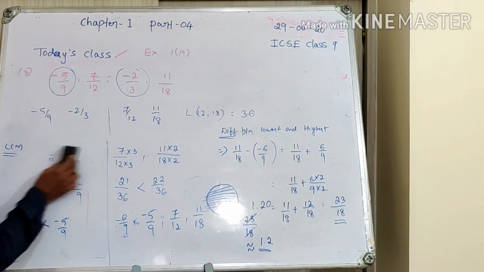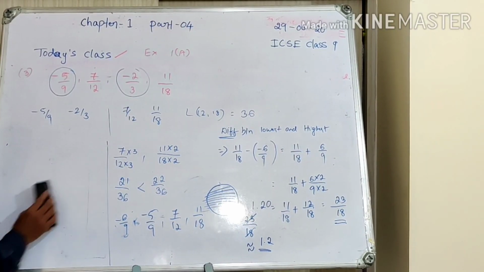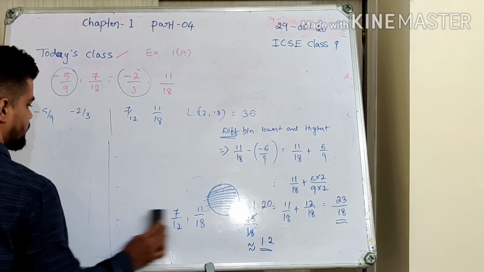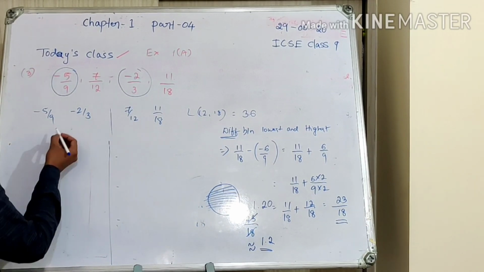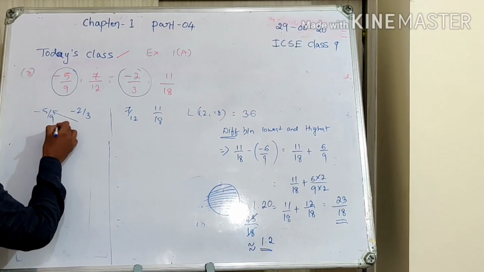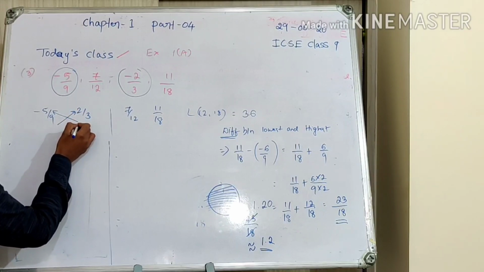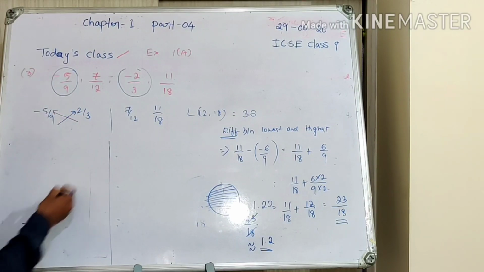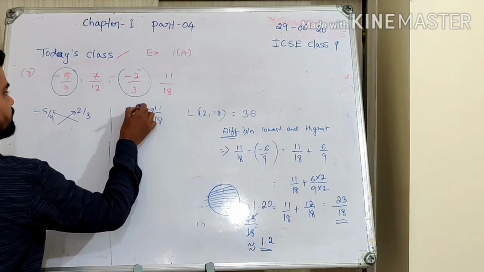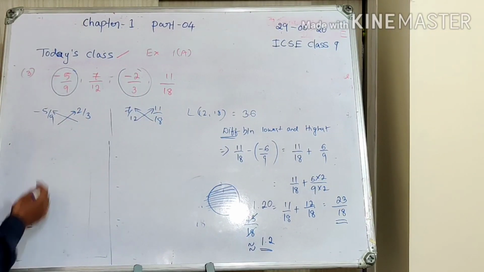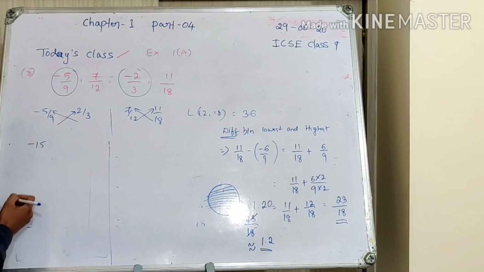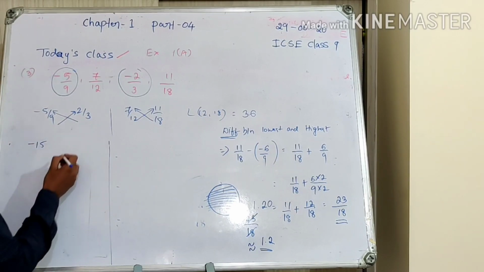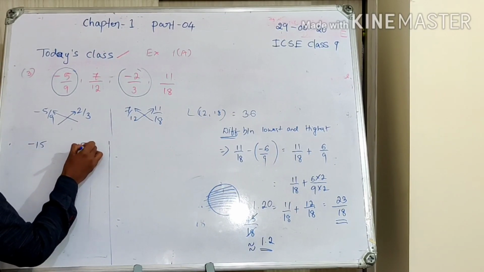The alternative method is, first thing is same. We need to bifurcate them into positive and negative numbers. After that, we are going to cross multiply in such a way that the denominator of this number is multiplied with the numerator of the other, and the numbers go to the numerators only. They will not come back to the denominator. So 3 into minus 5 is minus 15. 9 into minus 2 is minus 18.